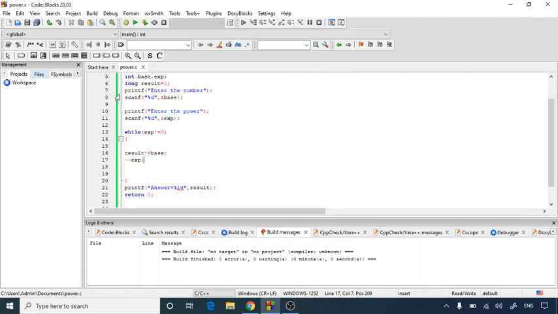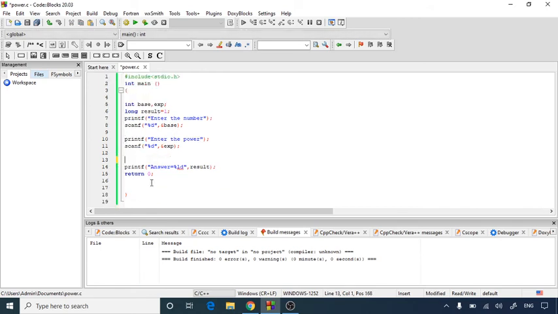Also here we have used a loop, so we have not used any function in this program. It has one user defined function right now by using the while loop, but C programming also has a built-in function, so we don't need to write this while loop here. We are simply writing result equals pow. pow is a built-in function provided by C to find the power. So base and exp, whatever names you have given to your integers, you have to write down. This way you can also use the pow power function.